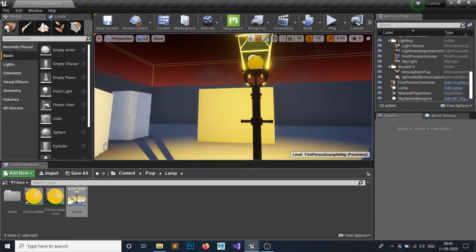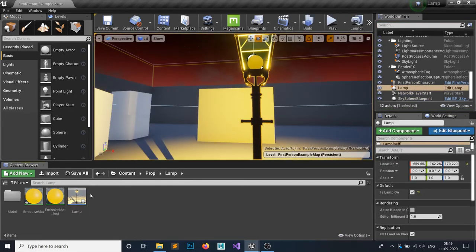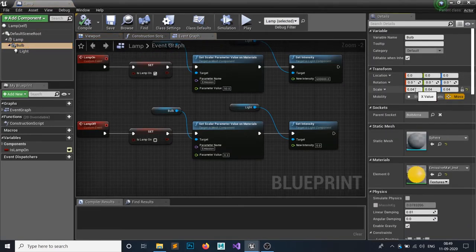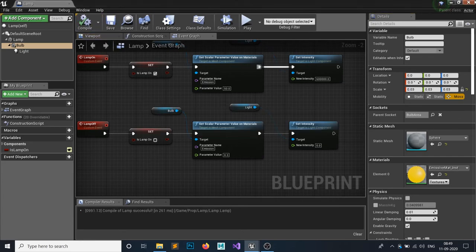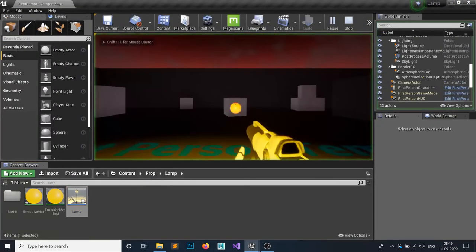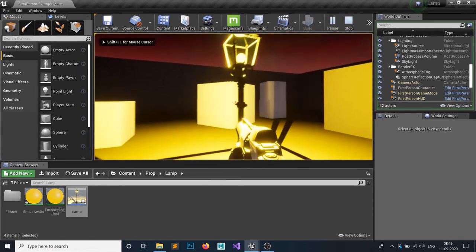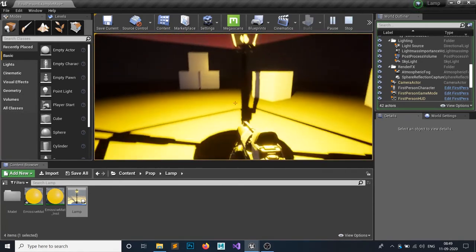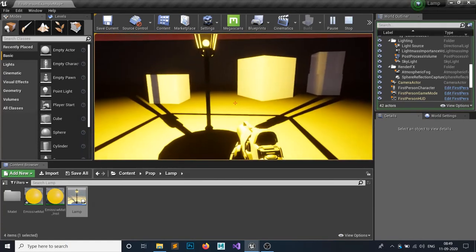And the bulb is quite big, I think, so let's just change the scale of that bulb to something like 0.03. Let's see how this is going to look. It's just a trial and error method. Yep, this is a bit better. If you want to change the color, you can change it to whatever you want.